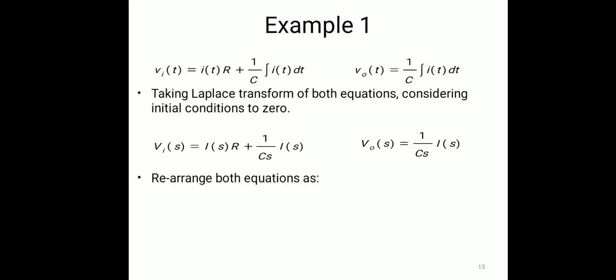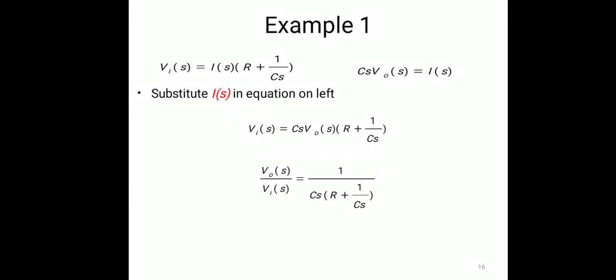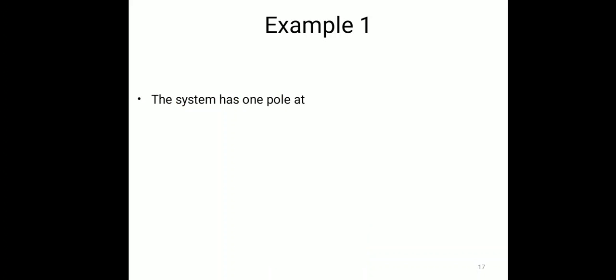What is the transfer function? It is the ratio of the Laplace of output to the Laplace of input. So V naught of S to Vi of S, this ratio we need to find out. Finally we get the ratio of both, and that gives the transfer function, which is 1 upon 1 plus S into RC. S is in small letters because this is the Laplace operator. So this is the transfer function of the RC network or RC circuit.